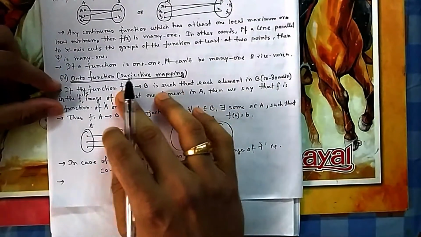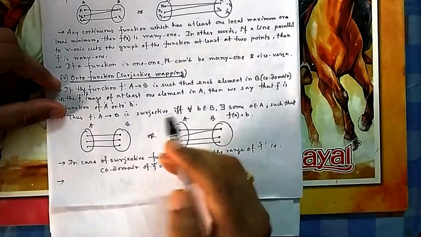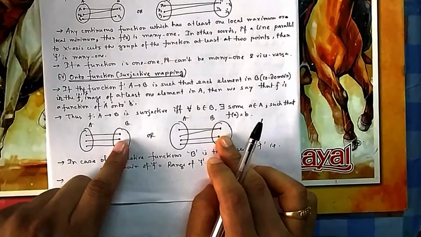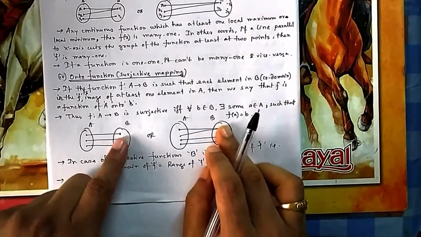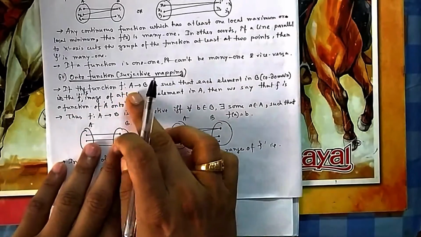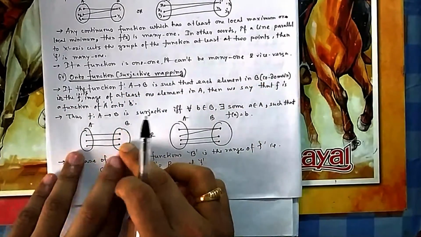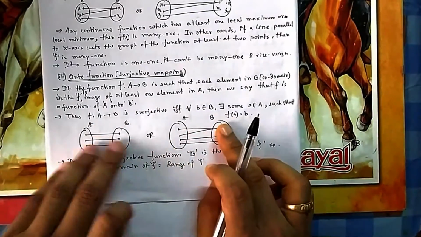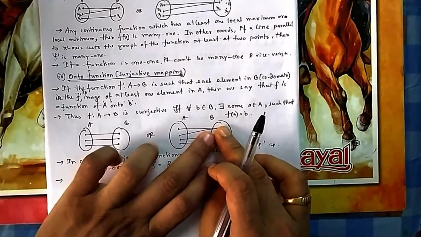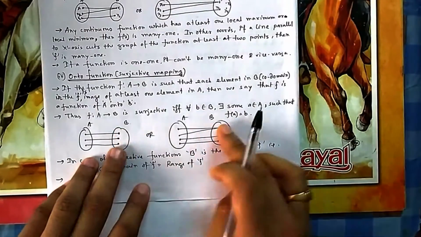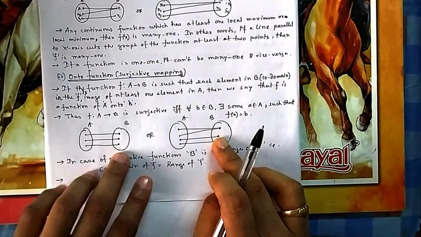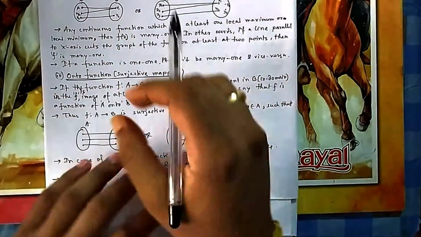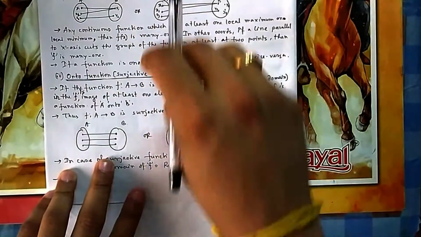Now the next two that I was talking about, onto and into, depend on how many y's are connected. If all y's are connected, then it is onto. No y is left alone. You can see it doesn't depend on how it is connected; it depends on whether all y's are connected or not. So if a function from A to B is such that every element of B, that is the codomain, is the image of at least one element, there should be an image of someone. One or more, it doesn't matter. It can be the image of two items also. Two persons can come to the same god, but all gods have to be connected. No god should be left alone. Then we say the function is an onto mapping. Everything is going on top of that, that's why onto. All of A is going on top of B, that is onto.